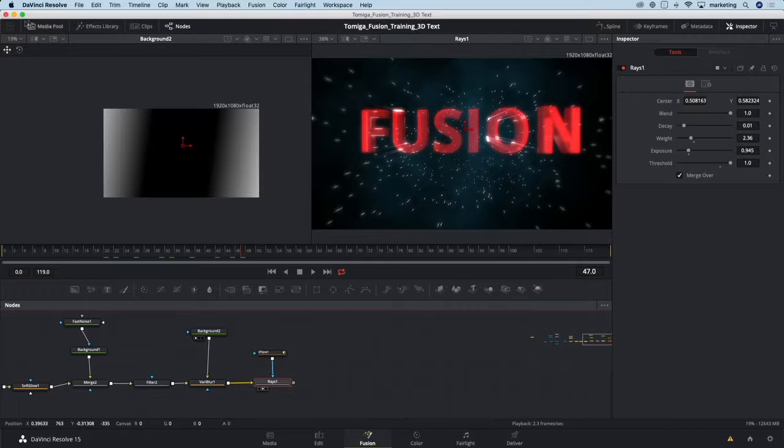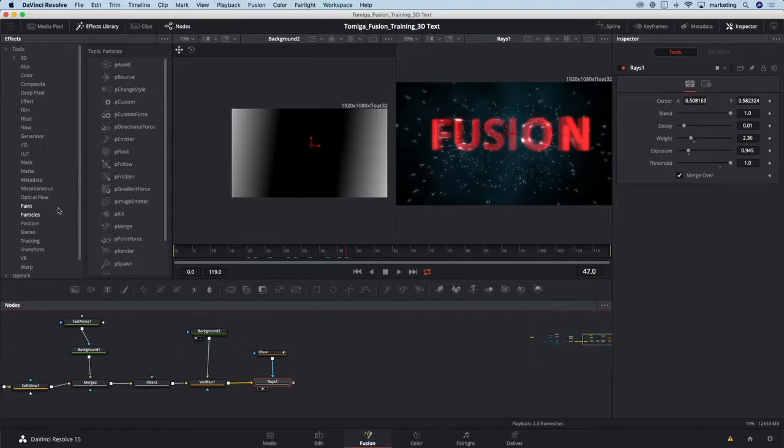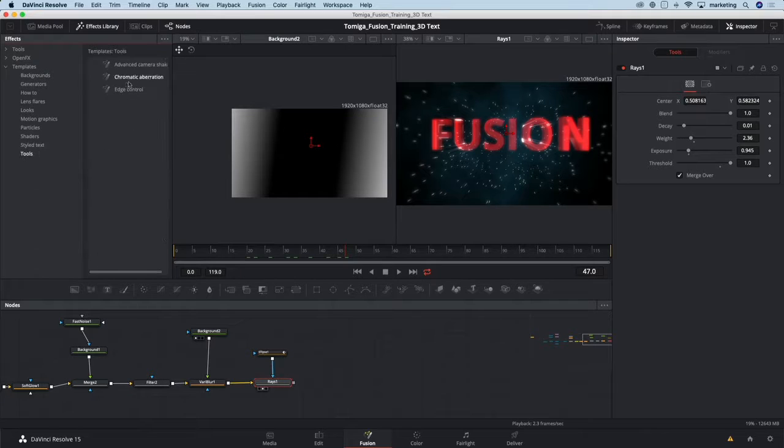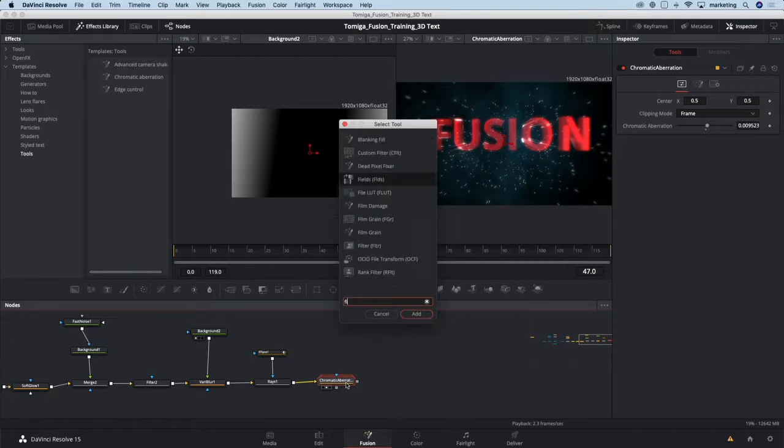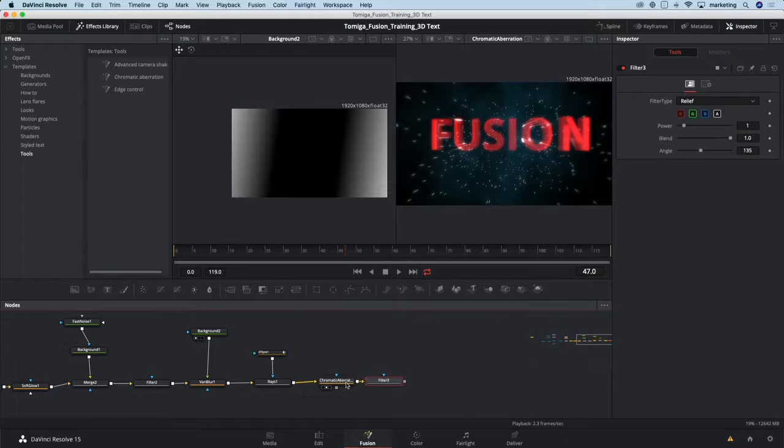Okay, let's go back to our effects library and back to those templates that we talked about earlier. Under Tools, we've got this cool little plugin called Chromatic Aberration. I'm just going to add a little bit of chromatic aberration. And lastly, we're going to add some grain. Got to use my favorite filter,